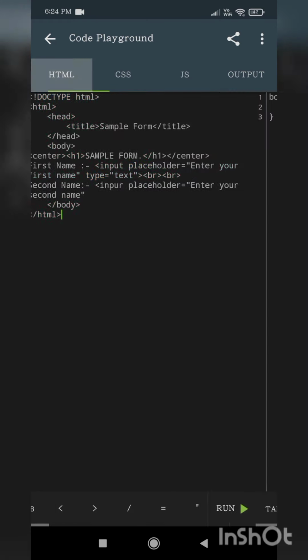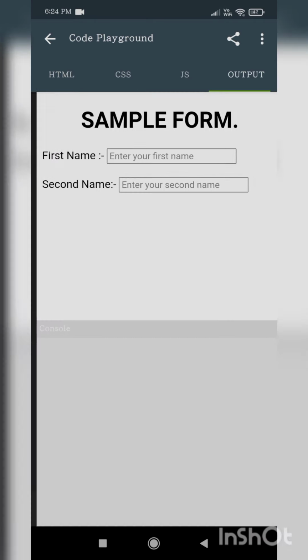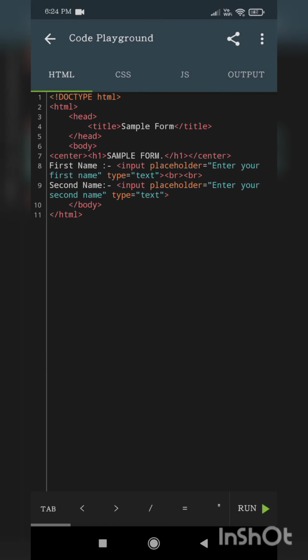Then you should close the tag, and for type you have to write text. Next, close the input tag. You should check the spelling mistakes, my dear friends. So see friends, here you got first name, second name, and here you got enter your first name, enter your second name.